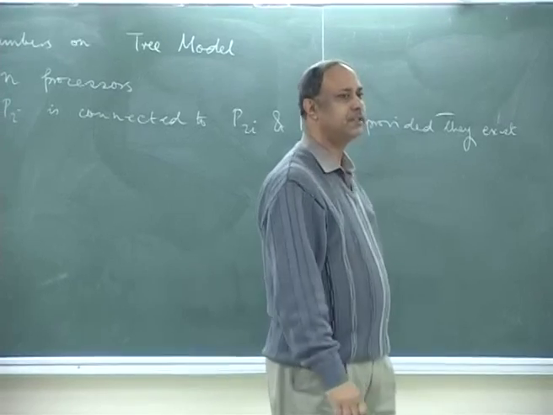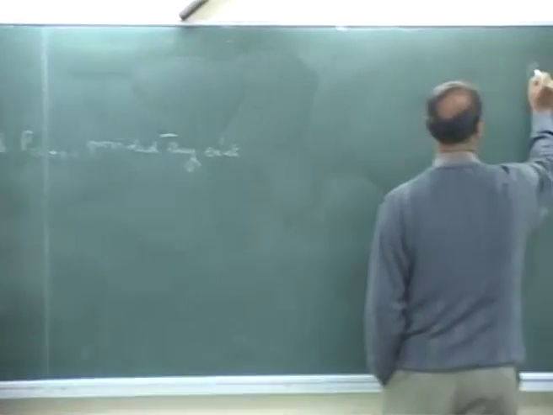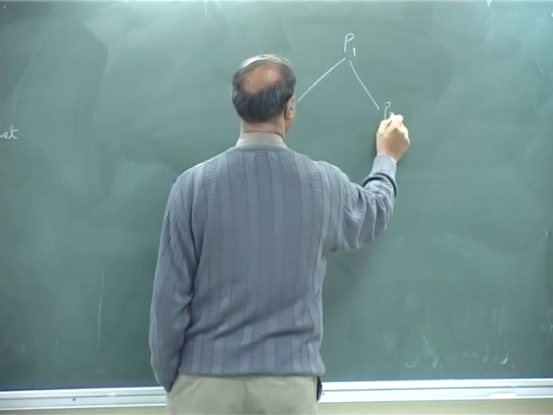So here every processor is having at most 3 connections, and if you think it is P1, P2, P3,